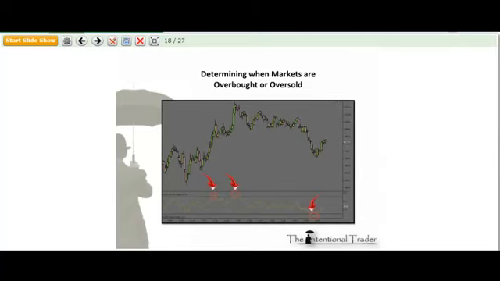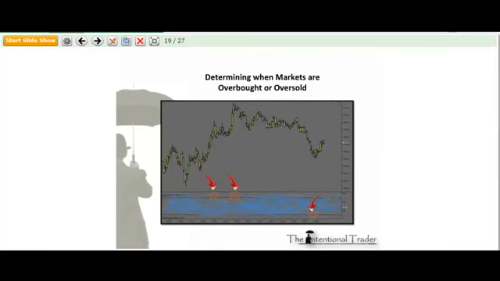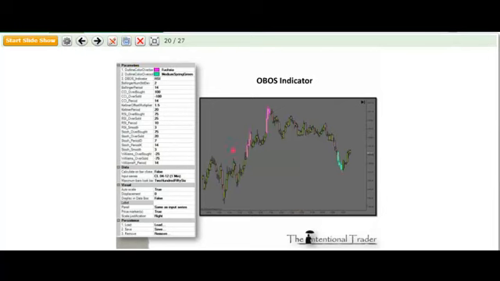Now, all of this information that we need to know when it's overbought or oversold is only in three little spots here on this oscillator. Now, all of this other information is absolutely worthless. Okay, so we really don't need to use all that information. So what we're going to do is we're just going to get rid of it. Now we're going to put that information right where we need it, right where we're making decisions.